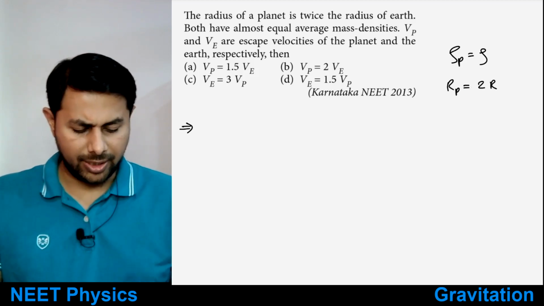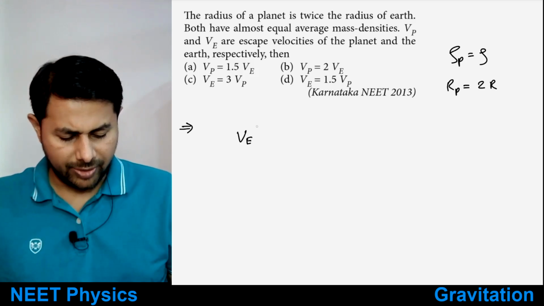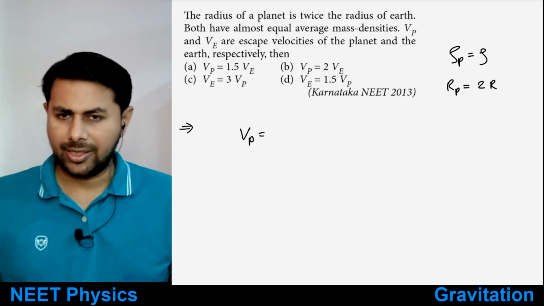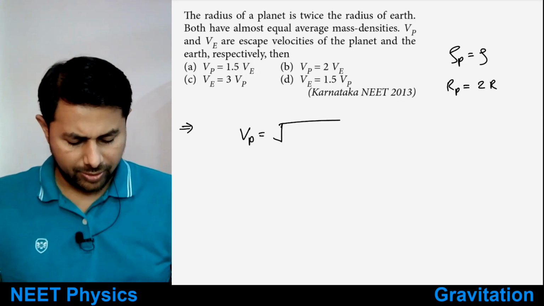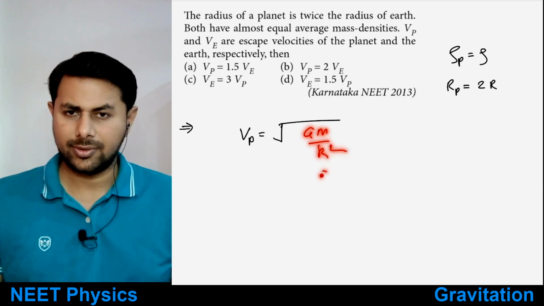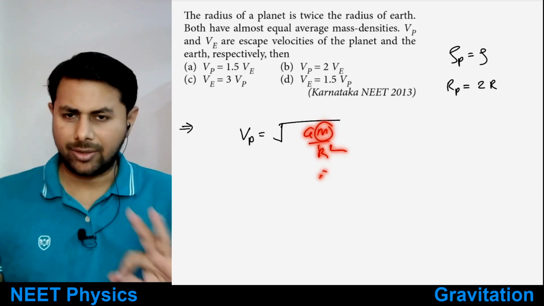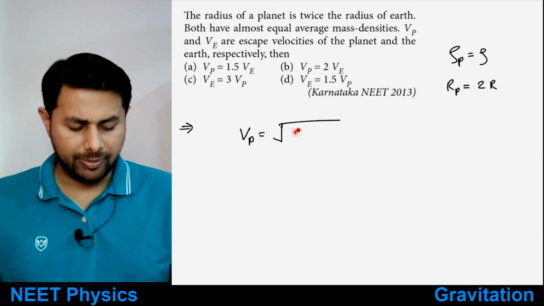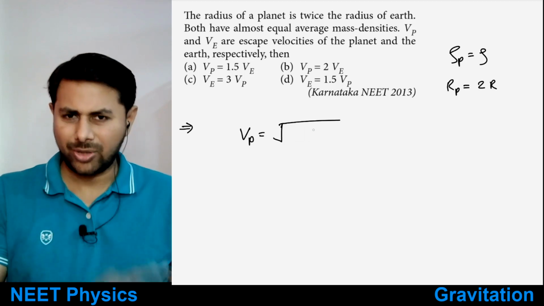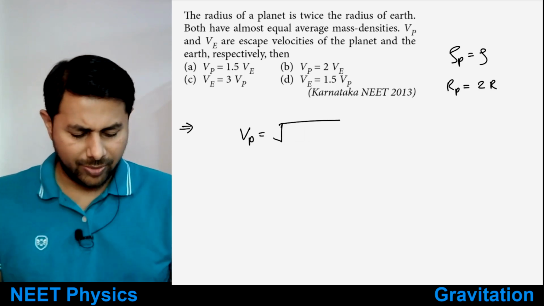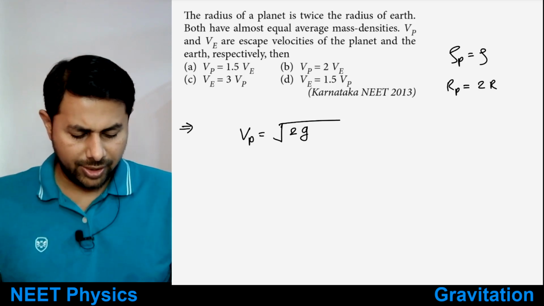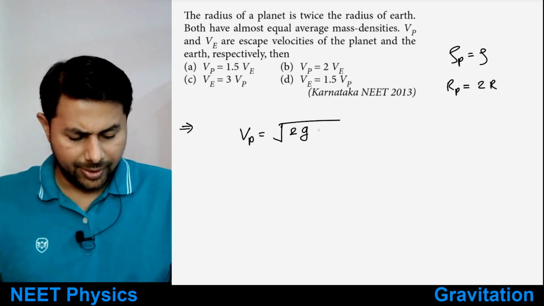Okay, so then what would be the escape velocity on the planet? Let's say escape velocity on the planet would be equal to what? Square root of, we can make use of GM divided by r square. Okay, but then we'll need to find out the mass, right? I mean, square root of 2GM over r, not GM over r square. We have another formula, let's use that one. So it is root 2 g multiplied by r,